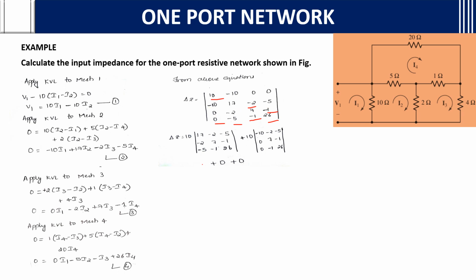After writing delta z, what will you do? You need to find the determinant. How to find the determinant? As it is 4 cross 4, it is tough to find the determinant even by the calculator. Then what we need to do is, first 10, you remove this row and this column, you take this determinant